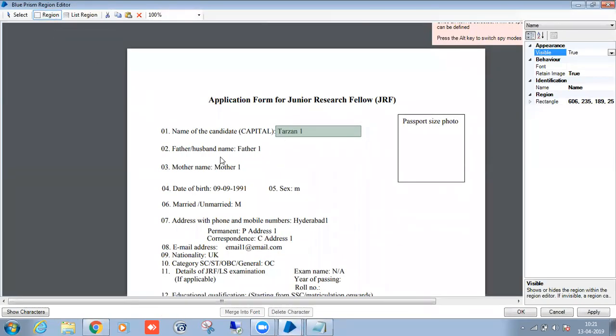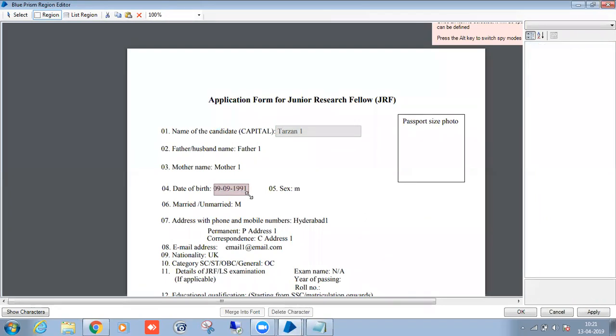Click on the region. Now I want to have the date of birth. Consider date of birth. And the date of birth has to come in the same place. If my date of birth is coming in different places, it won't automate. It should be a fixed template. The template, whatever you are automating, should be a fixed one. So if it is dynamically varying from here and there, we can't automate.